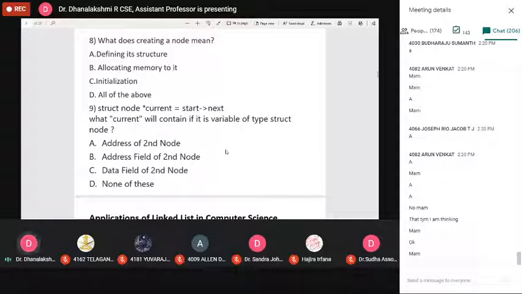Yeah, good, super. Now you give the small introduction or recap about the circular linked list. What is circular linked list? What are the operations we are going to perform? Like that you have to describe.